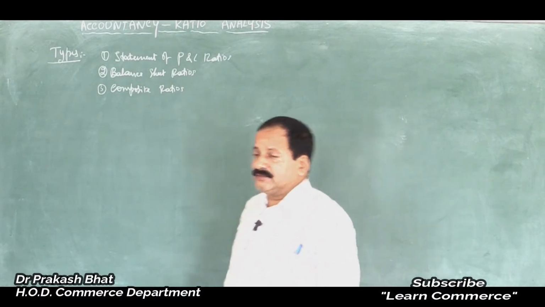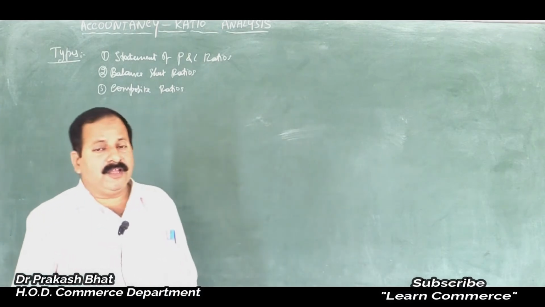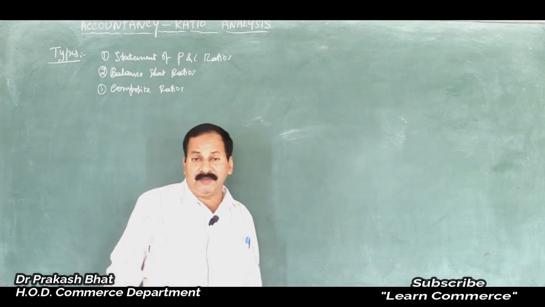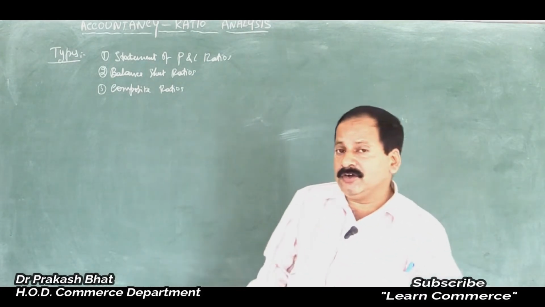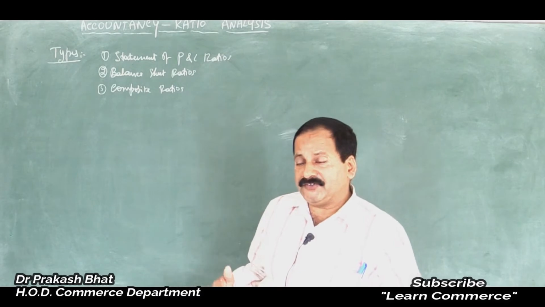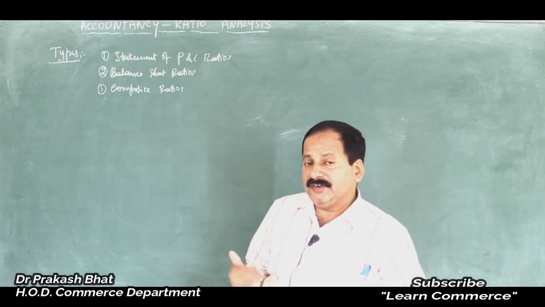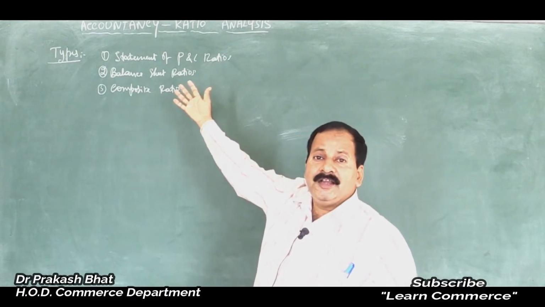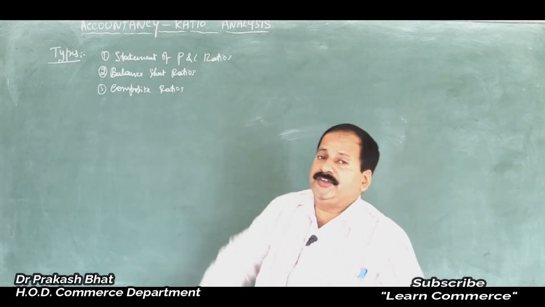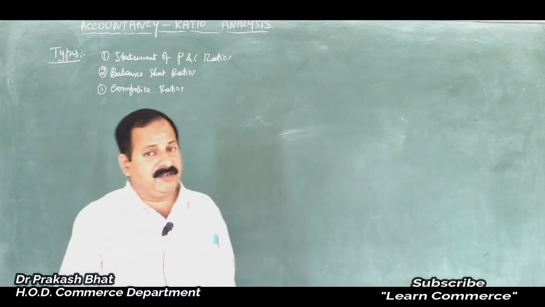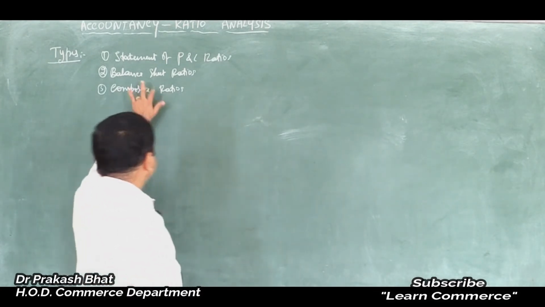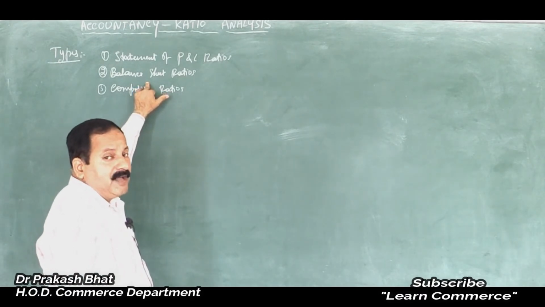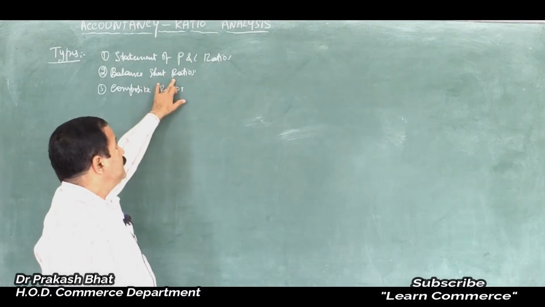Balance sheet ratios, like current assets to current liabilities, quick assets to current liabilities, quick ratio, current ratio. Or debt to equity, long term debt to equity, the debt equity ratio. These are all the ratios which are calculated by taking the figures from the balance sheet, or what we earlier called the position statement. Such ratios calculated by taking figures from the balance sheet alone are called balance sheet ratios.